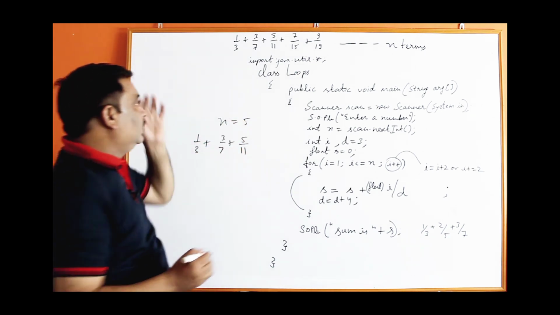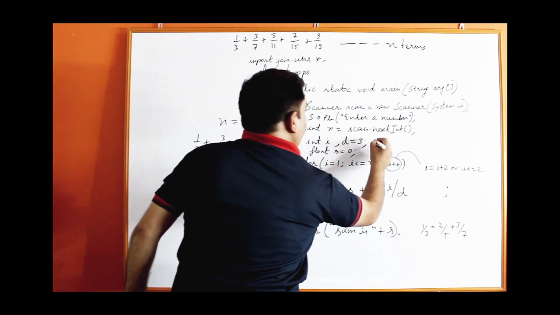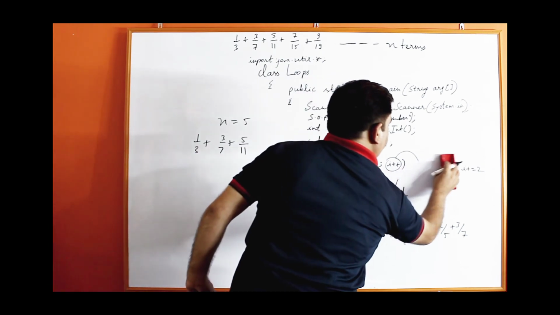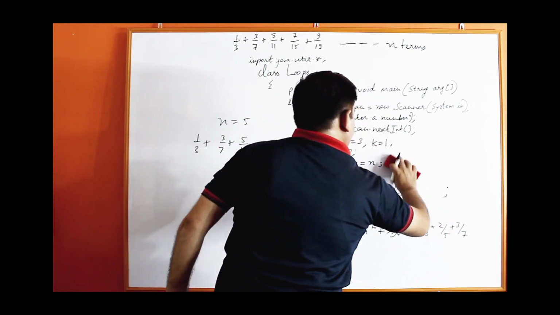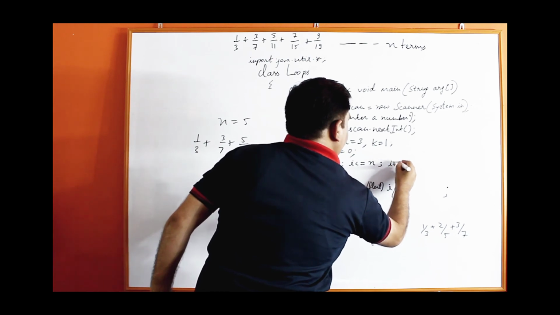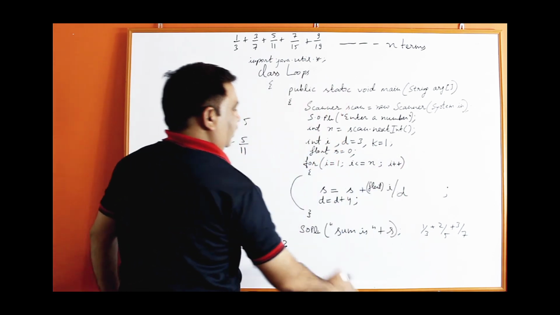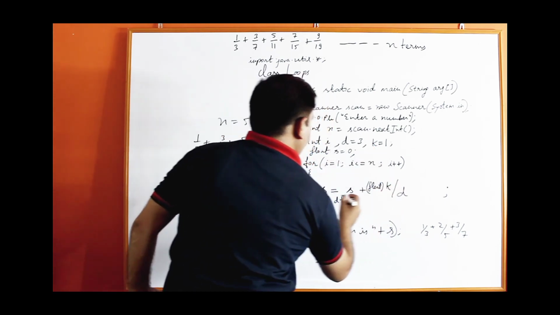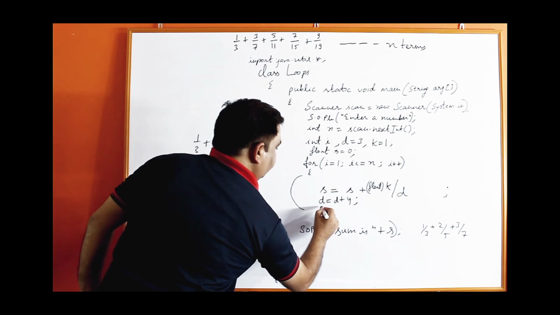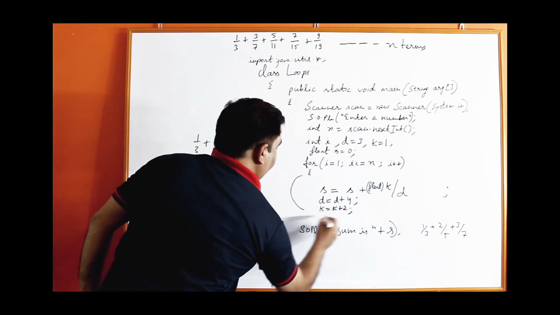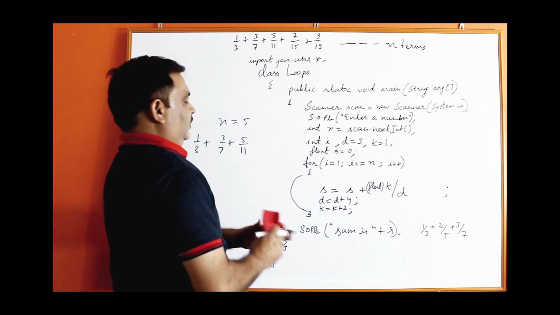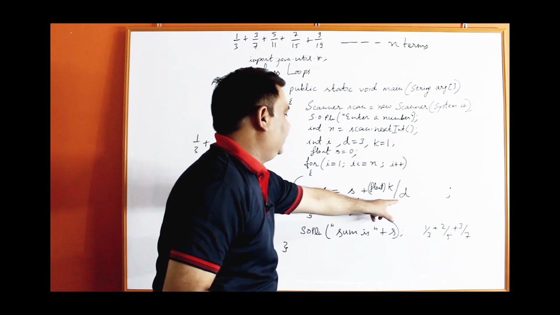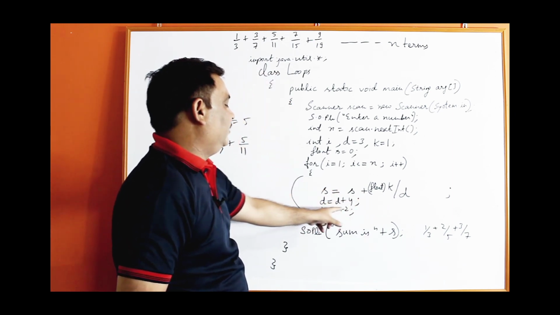So for this also, you take one more variable for the numerator like k equal to 1. So instead of writing i equal to i plus 2, keep i plus 1, i plus plus, and instead of i here, write k, and within the loop increase the value of k by 2. So k upon d, it means k is 1, d is 3, so 1 upon 3. Now d will be increased by 4 and k will be increased by 2.